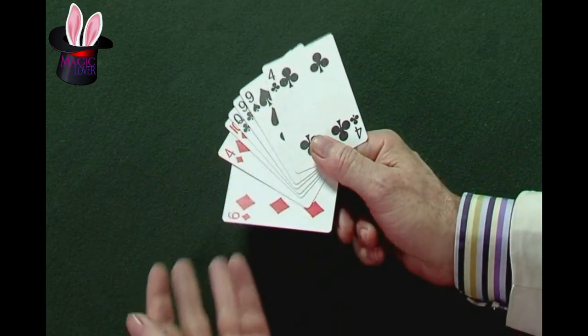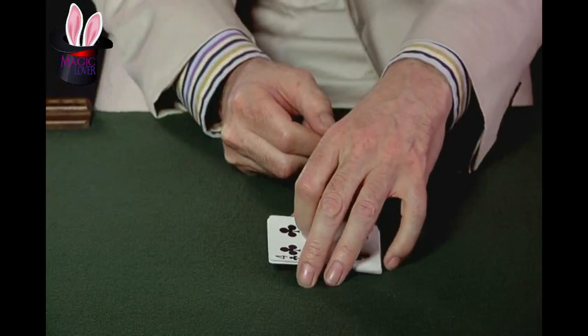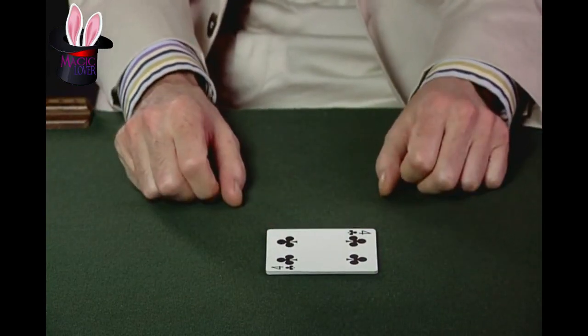Now, of course, that's not much of a trick just to conceal 3 red cards, but that's just to display the count. But you'll discover a lot of great magic